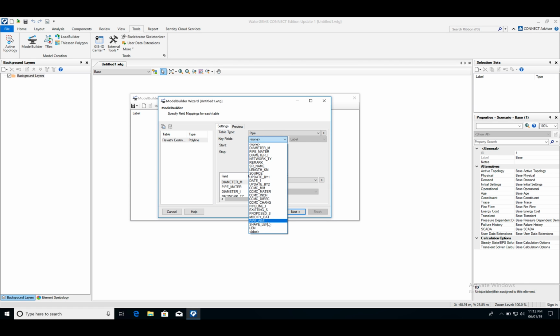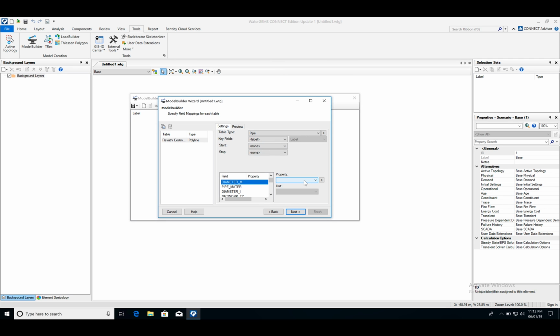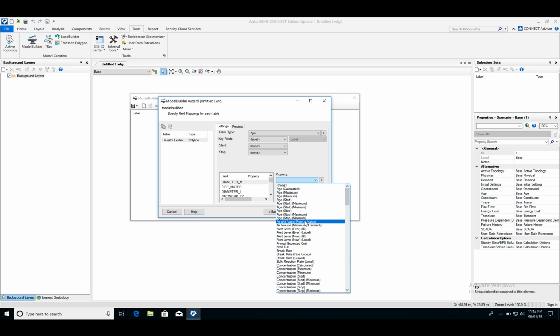So in the key fields, I'll just take label. As I said, and we saw earlier, you can even see in this preview. If you click on show preview, you can see all the attributes and fields of the shapefile. So as I said, the pipe diameter underscore M is the diameter, pipe underscore meter is nothing but the material, right? So for pipe diameter underscore M, I'll assign the diameter property,